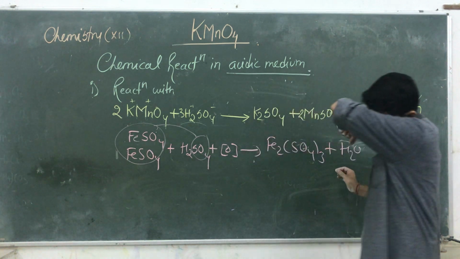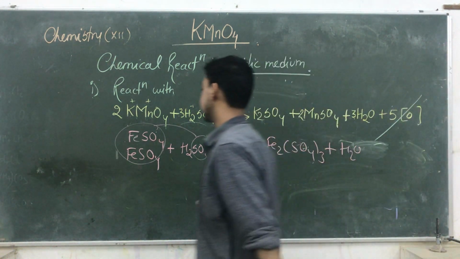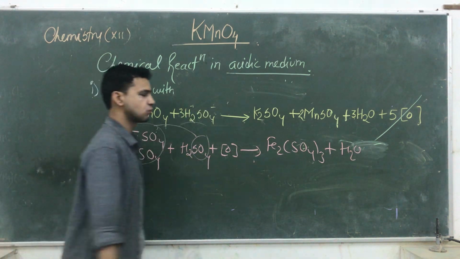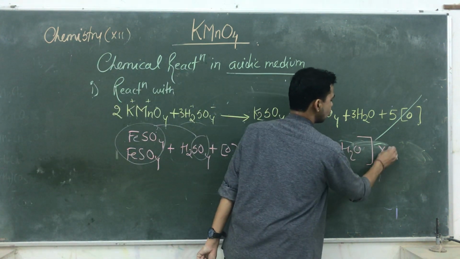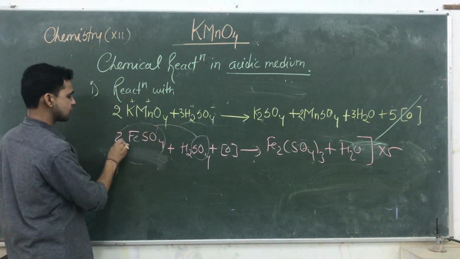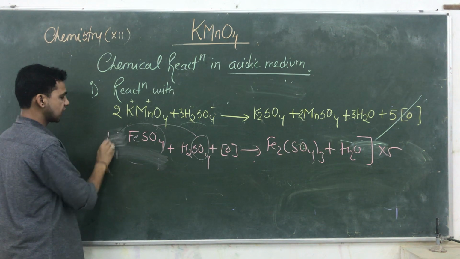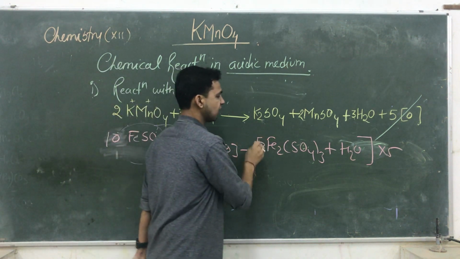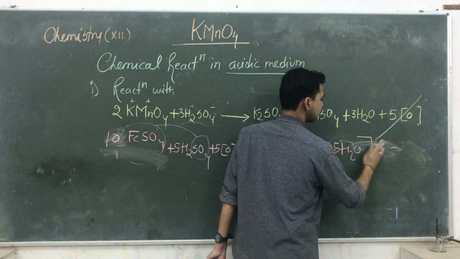So here again we need to balance the whole chemical equation. One nascent oxygen here, 5 nascent oxygen is produced here. So we need to multiply the whole equation by 5. So here अगर मैं इसको twice FeSO4 लिखता तो 5 2 जा कितना हो जाएगा 10, 5 H2SO4, 5 O, 5 Fe2(SO4)3 and 5 H2O, and remove this 5.